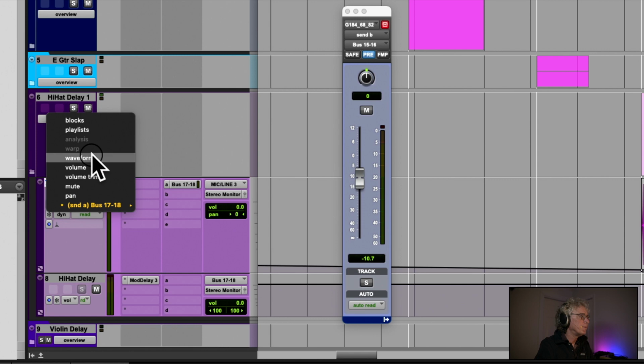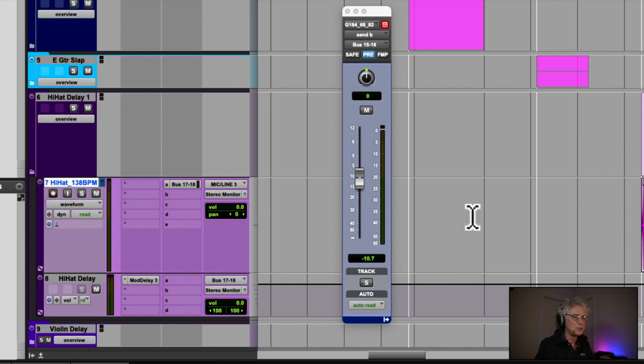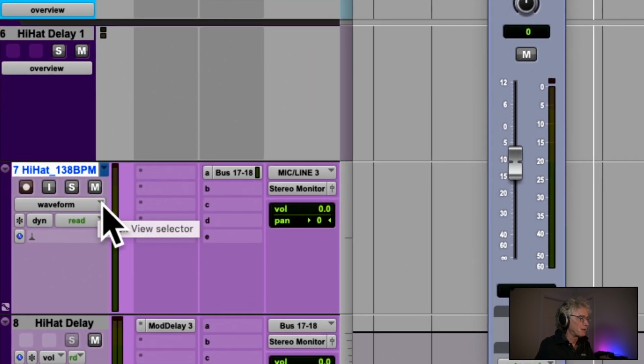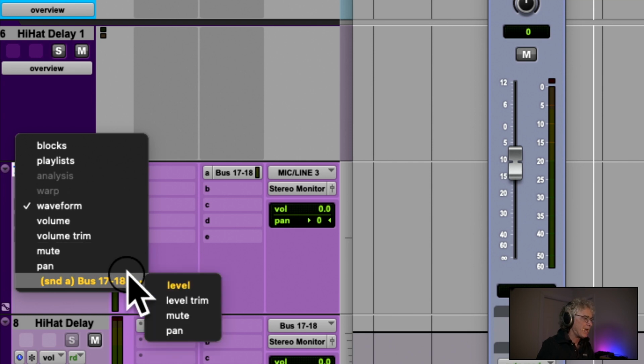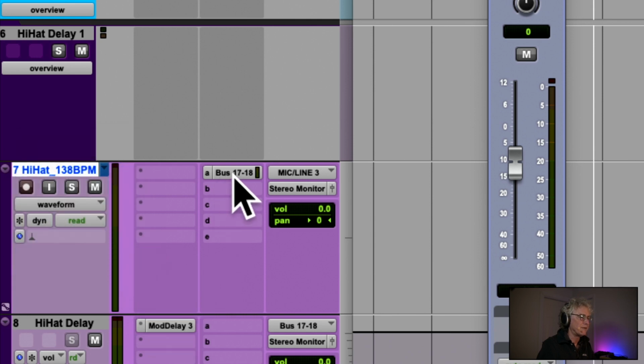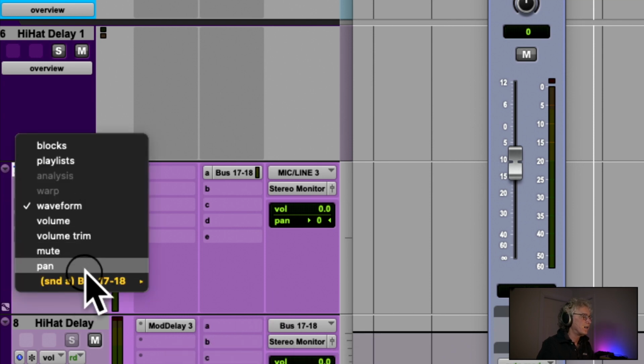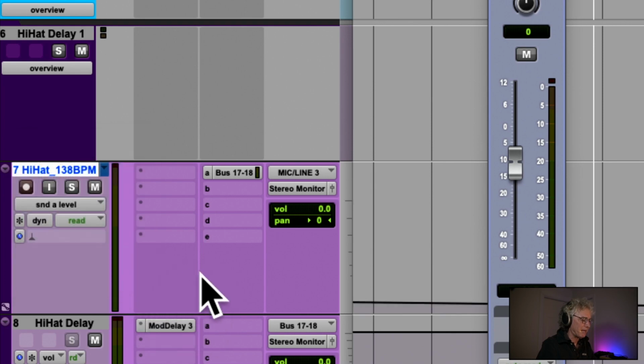Right here, we've got waveform view, which is what you're typically going to see. But remember, in Pro Tools, where you've got a triangle, that means that there's more of a menu underneath there. So if I click on this, you could see this is send a bus 17 and 18, right? So I've got bus 17 and 18 going into this AUX track, and then I've got my mod delay in there. So if I click on this here, it lets me have a level,